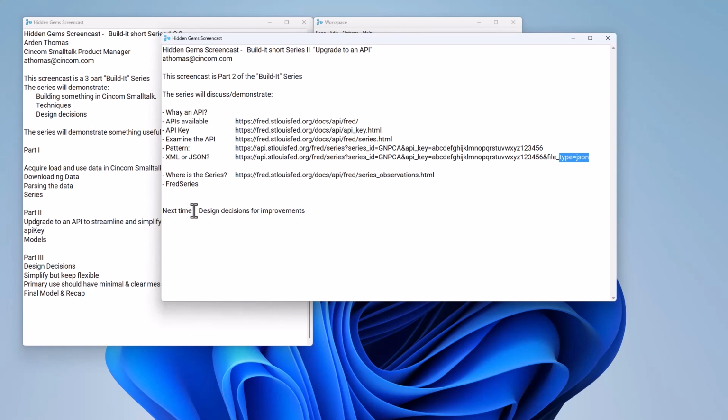Next time we're going to talk about, with all this, what decisions can I make to improve utilizing this? What are some design decisions that I can simplify and keep very flexible? So until next time,